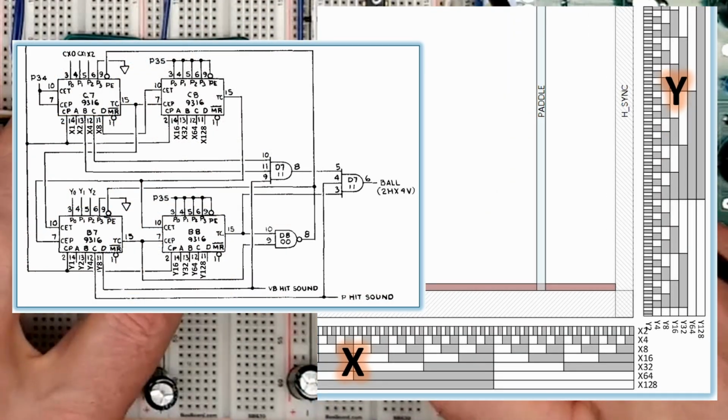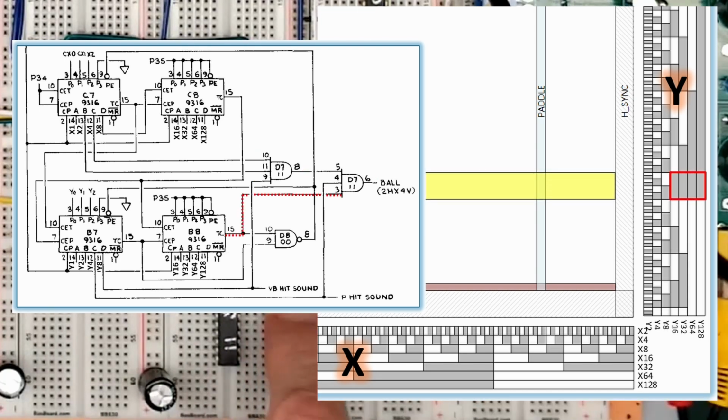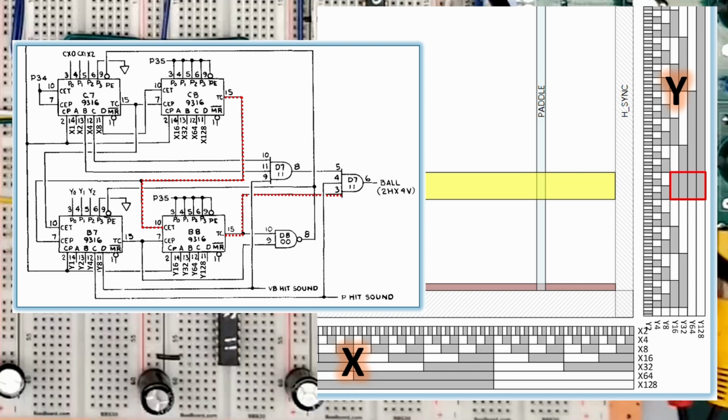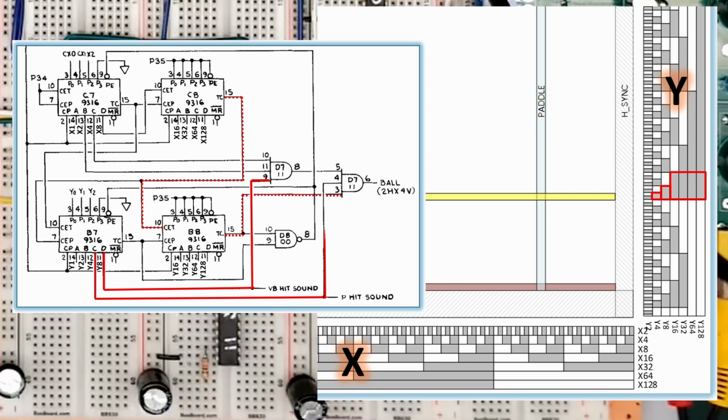All of these signals must be on for the ball line to rise, so let's walk through this starting with the Y-axis signals. The high order Y counter TC must be on, and this happens when the counter is at all ones and the CET line is high. Then Y4 and Y8 must be high, so the ball will be somewhere along this horizontal plane and be 4 lines high as they point out in the schematic.